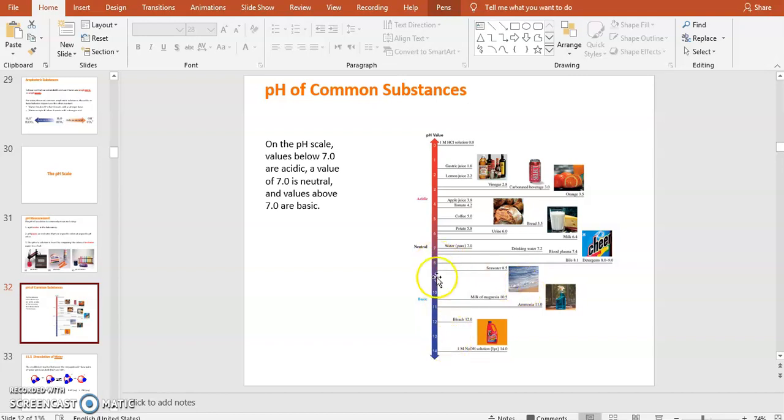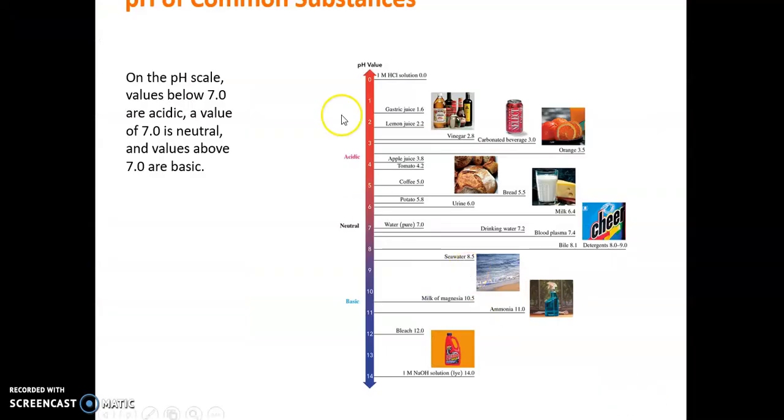Bases are all the cleaning stuff, like bleaches and ammonium and any cleaning stuff. Usually it's bases. So if you look at the numbers here, I can make it bigger here. You can see that the numbers start from 0 all the way to 13 with the neutral around the 7 in the middle. So this is what we call the pH scale. These numbers represent an easy way to